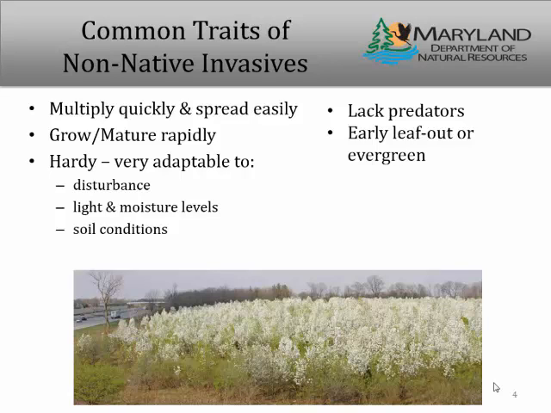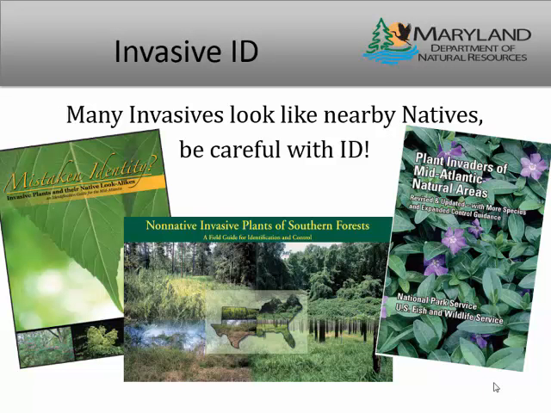And deer is a really strong connection with a few of these things, where the deer might browse and eat the natives. They don't do that to reduce the growth of the non-natives. A lot of them are also thorny, so they're just not really that appealing. But then a lot of these have berries and seeds that deer and mammals and birds in our area do like to eat, and then they help to spread those seeds that way. So they're hitting us from a lot of different sides.